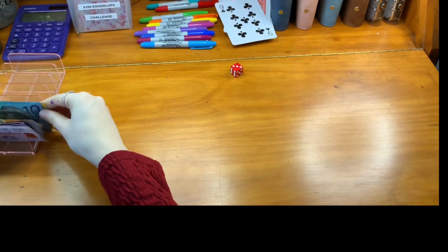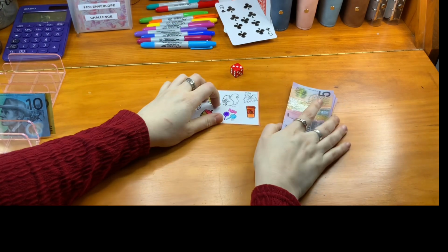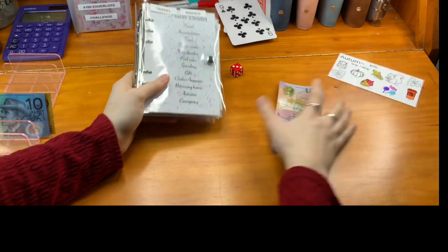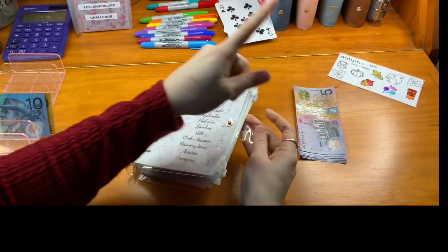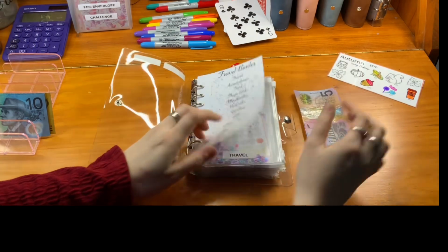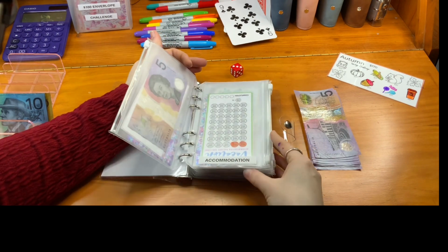So now we have the autumn challenge to put around. And I could put it into the January to December thingy, but I'm going to be putting it in here instead, because the monthly one goes in there, and any rollover. So my travel binder is this. So I'm going to be putting some more in the travel binder. At the moment there is $25 I think as a whole in here. So we are adding in